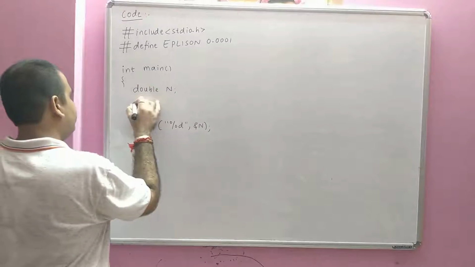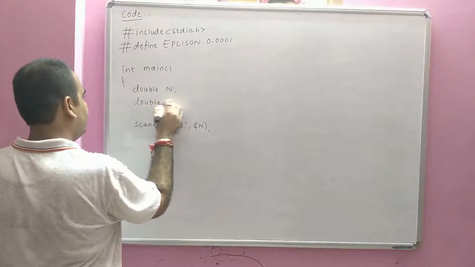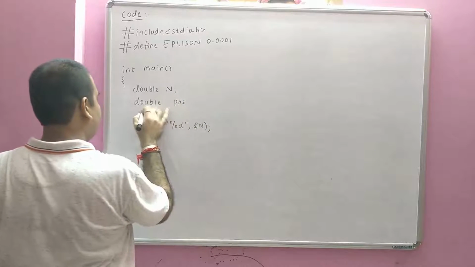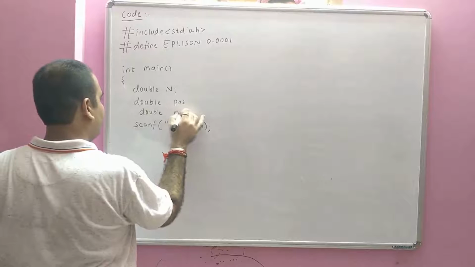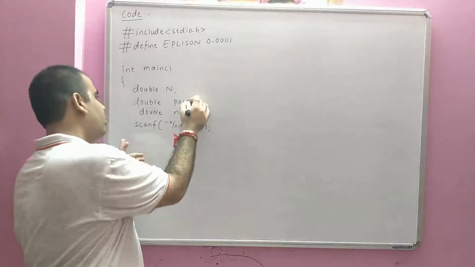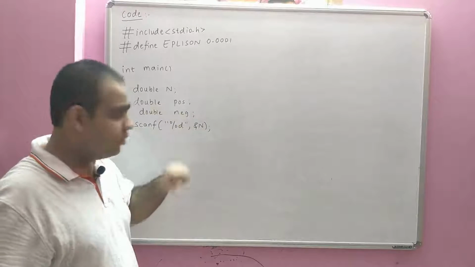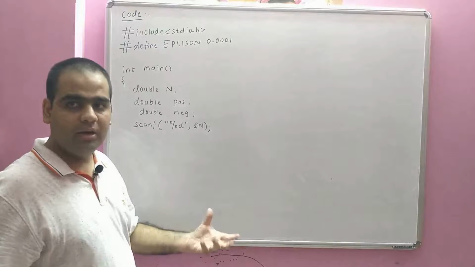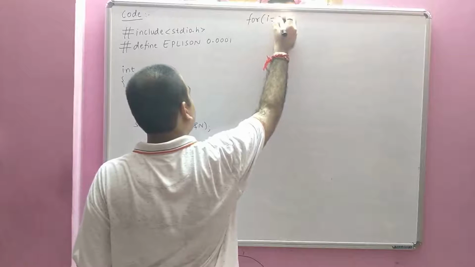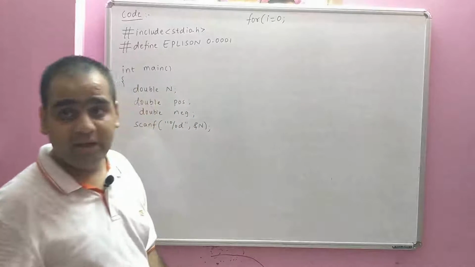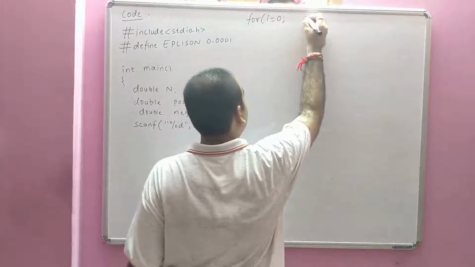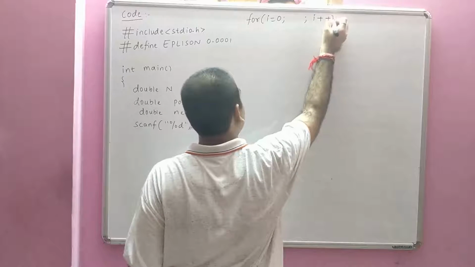Now, let's take the two numbers. We say double positive, comma negative, and we say double negative. Now, positive is b and negative is a for us. We did not initialize any values as of now, therefore positive and negative are garbage. We need to find the values where it converges, hence we say for i is 0 till where one will be positive and where one will be negative. We do not have any idea, therefore we don't use any condition and we say i++.